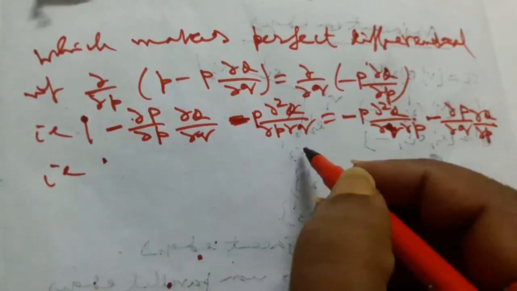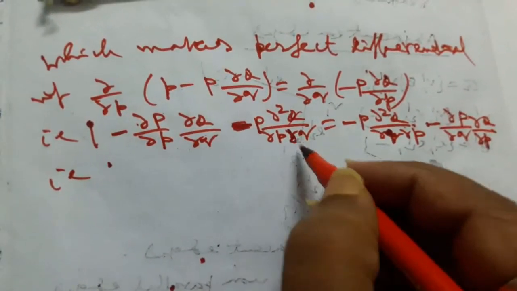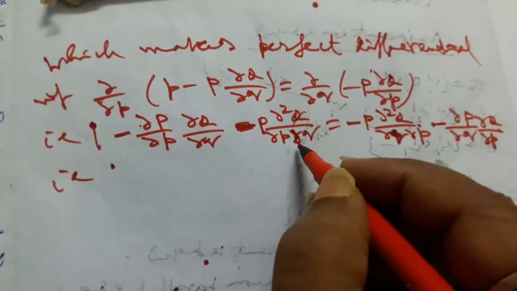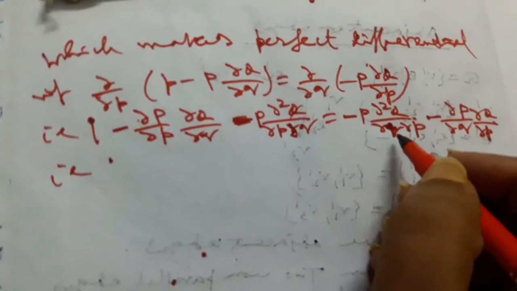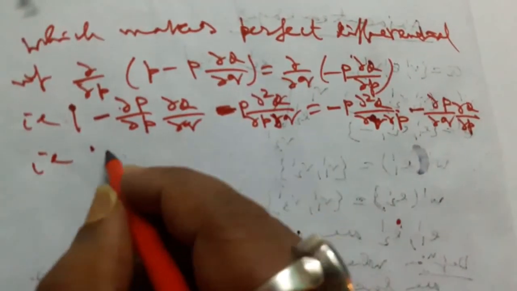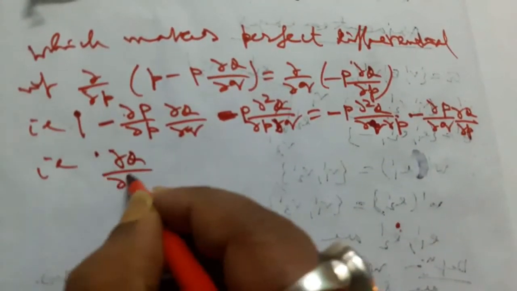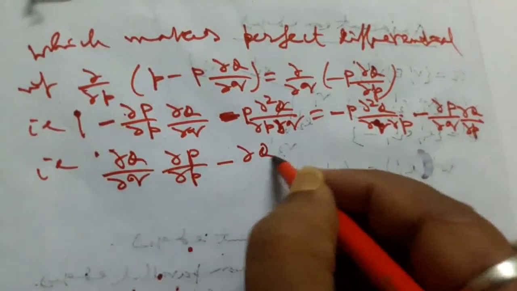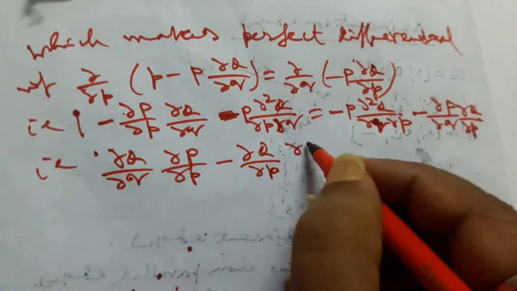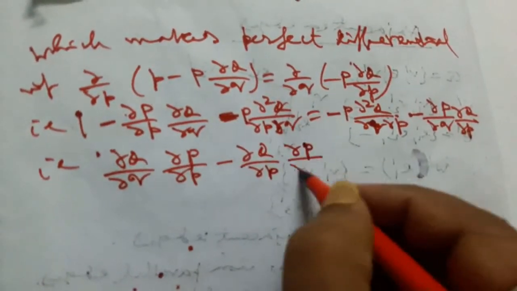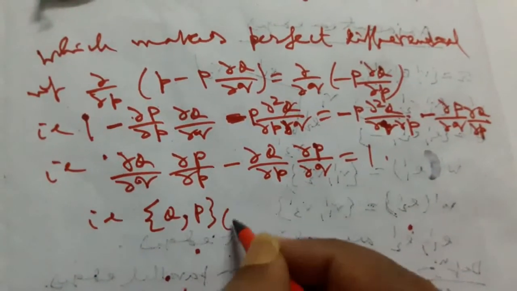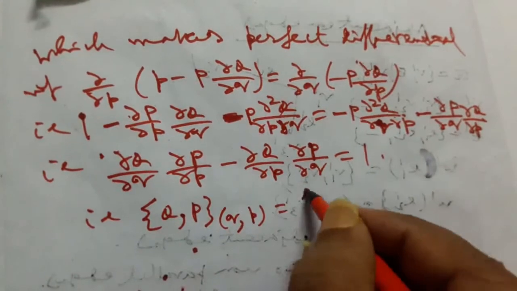These two terms cancel by the property of partial derivatives, because del squared Q del p del q is equal to del squared Q del q del p. So we have del Q del q del P del p minus del Q del p del P del q, that will be 1, that is the Poisson bracket of Q, P is equal to 1,